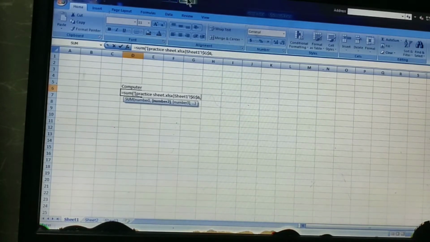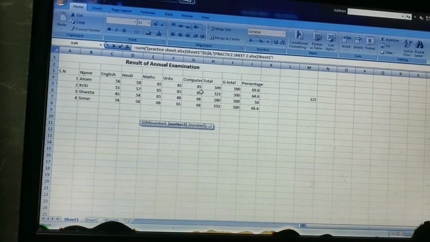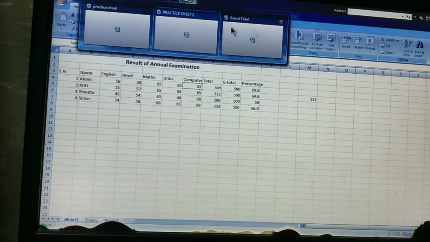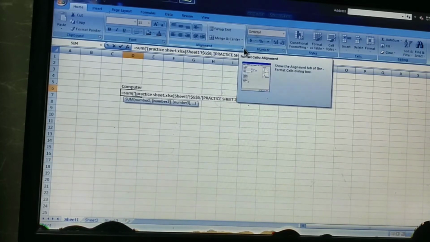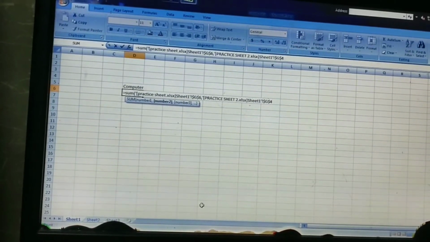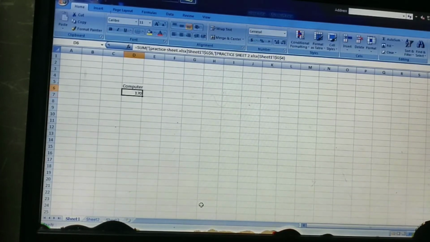Then I will go to practice sheet 2 where I have the marks of annual exams. Now I will select the computer marks again, and now I will go to the grand total sheet. Here I will close the parenthesis and press the Enter key. You can see here you have got the grand total.